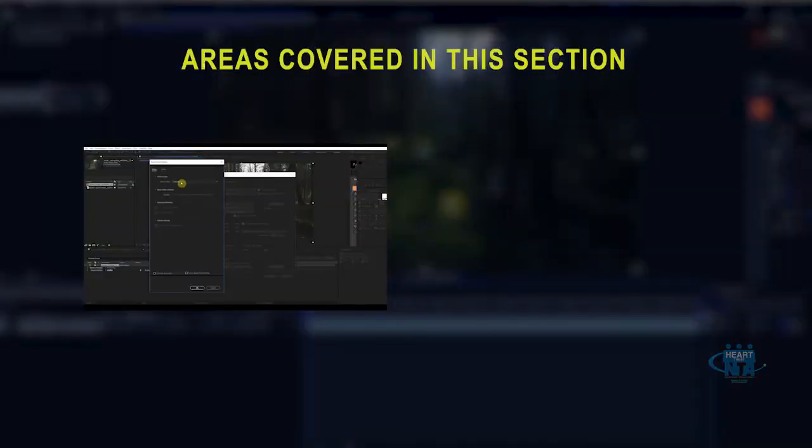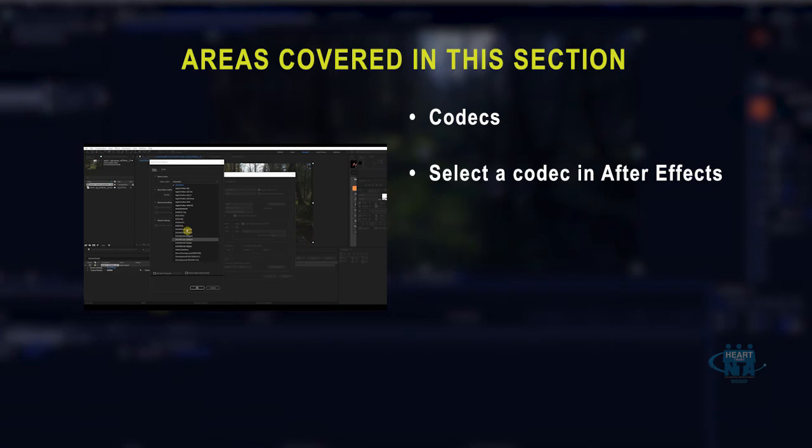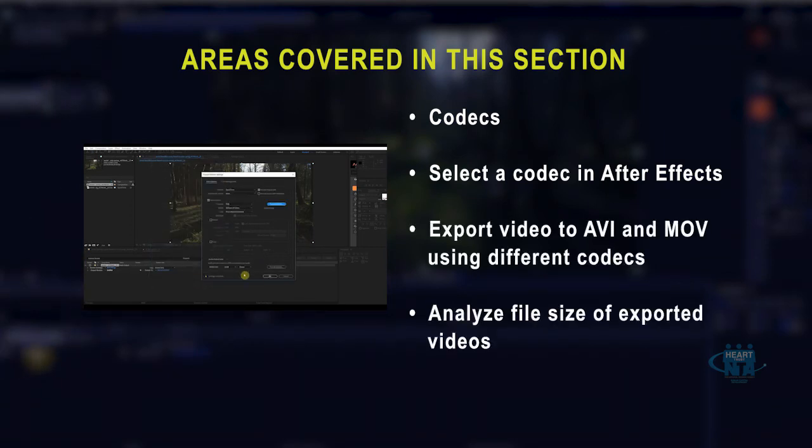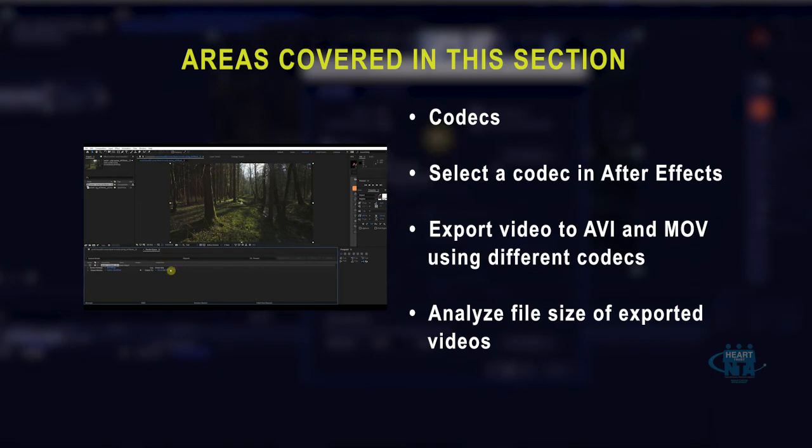So now that you know all about rendering, let's find out about codecs and video file formats. So I'll explain what codecs are, different video file formats. I'll explain how to select different codecs, as well as how to select different video file formats when rendering out